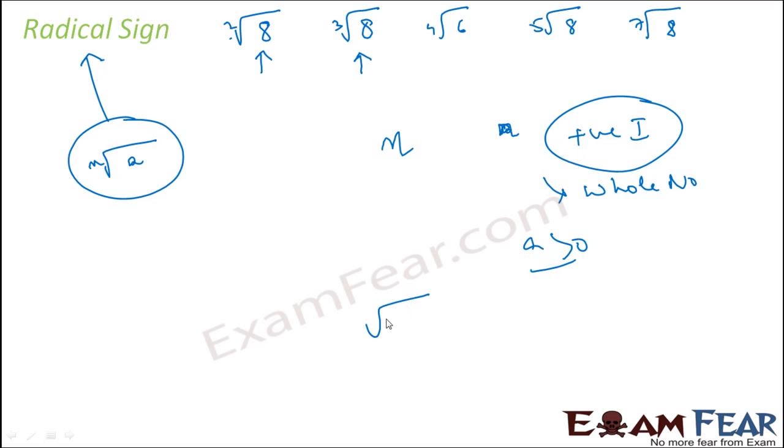Please note that I can't say root of -4. Well, I can say it, but that will not be a real number. That will become an imaginary number. We'll not talk about imaginary numbers in this class, but just understand for this class, this a has to be a positive number. A has to be any real number that is positive. Right? So a has to be greater than 0.